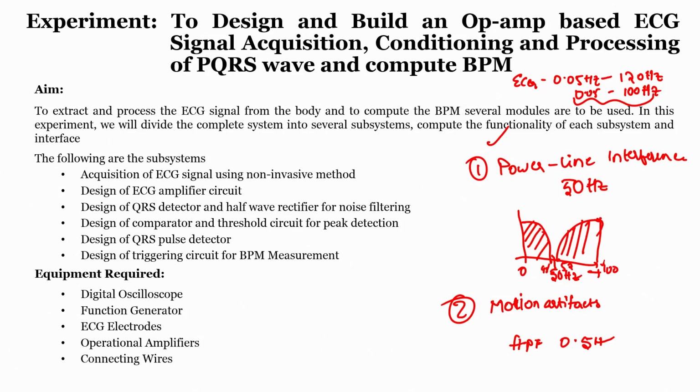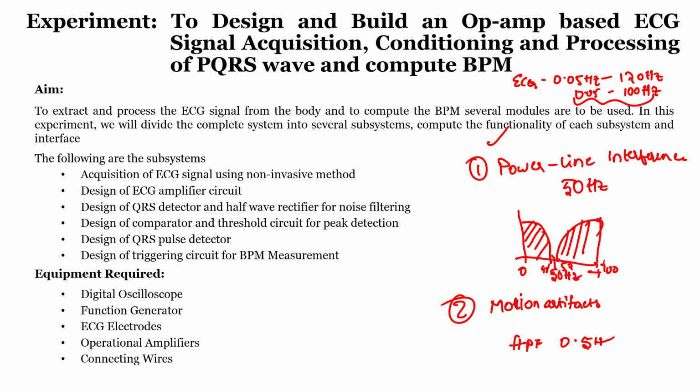So, if I know what frequency range the QRS peak is in. BPM, meaning beats per minute, is generally calculated by counting how many QRS peaks we are getting with respect to a particular interval of time. So, if I calculate in terms of minutes, I will get how many peaks we are receiving in a minute, which is the BPM or heartbeat rate.